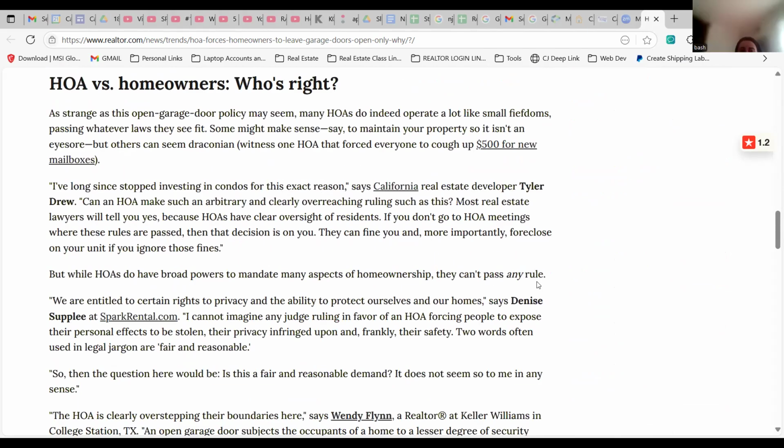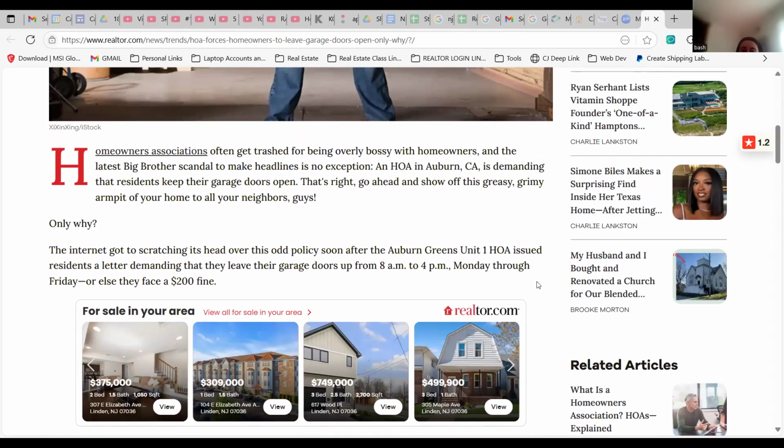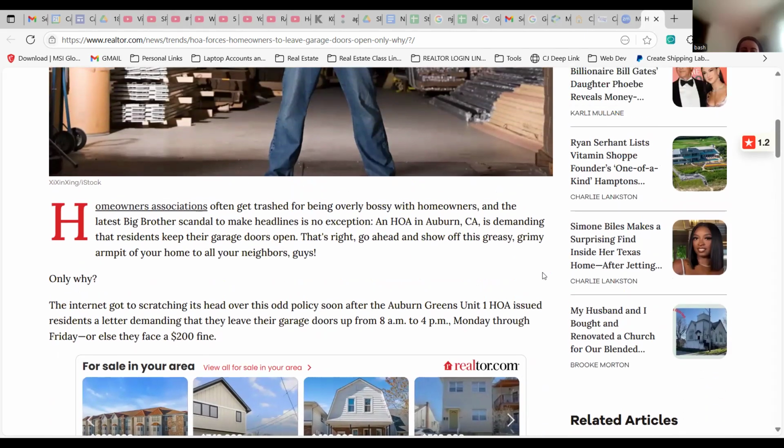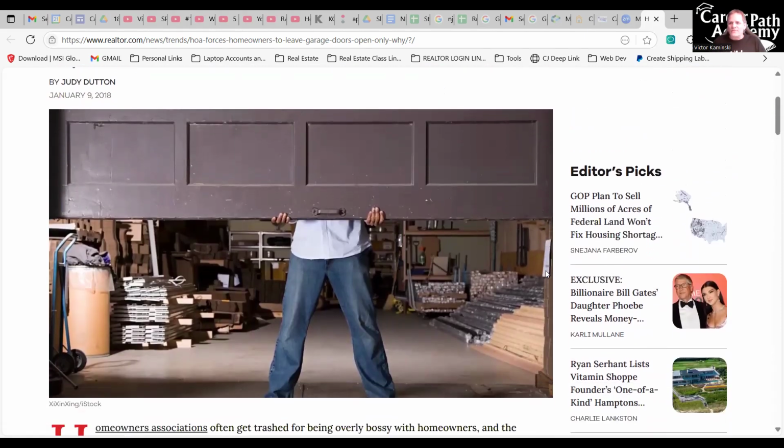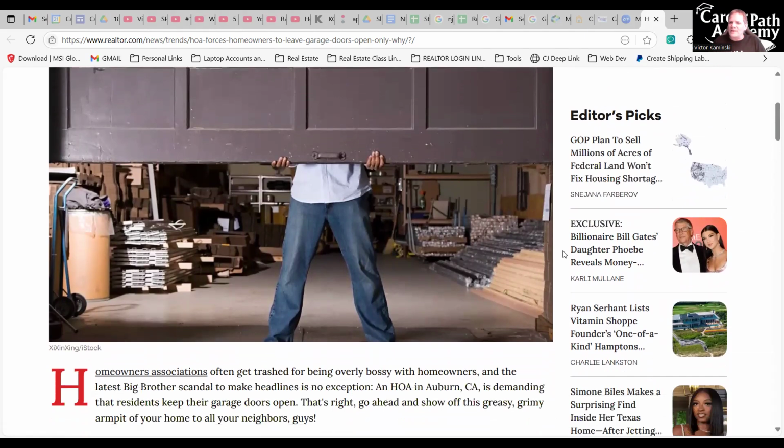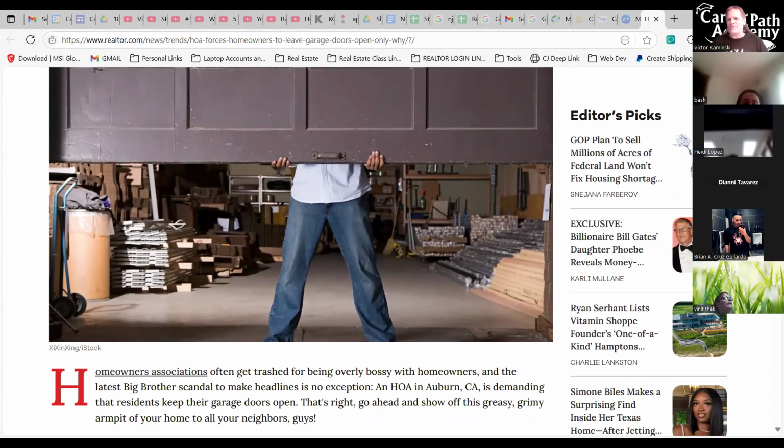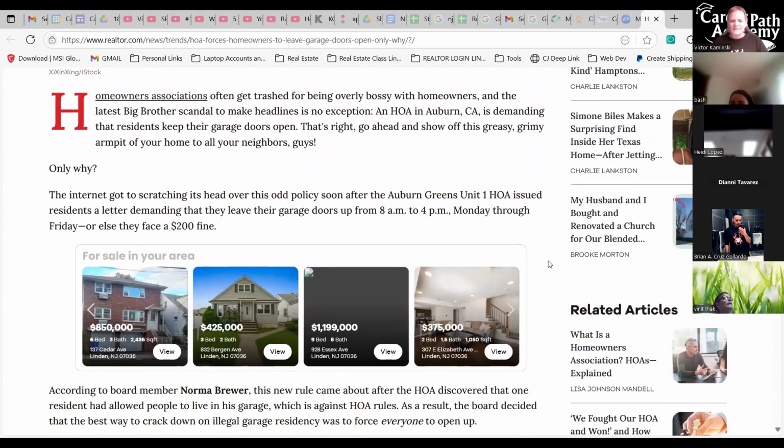How often could they add these new rules and stuff? Because I'm assuming when you move in, you get the whole list of stuff that you need to do. How often could the management change around these things? Every meeting, they could come up with a vote. They could propose a new rule and then put it up for a vote, and then they could pass it. Oh, so it can happen daily or monthly. Yeah. Well, often they have their meetings, yeah. Yeah, it's kind of crazy.